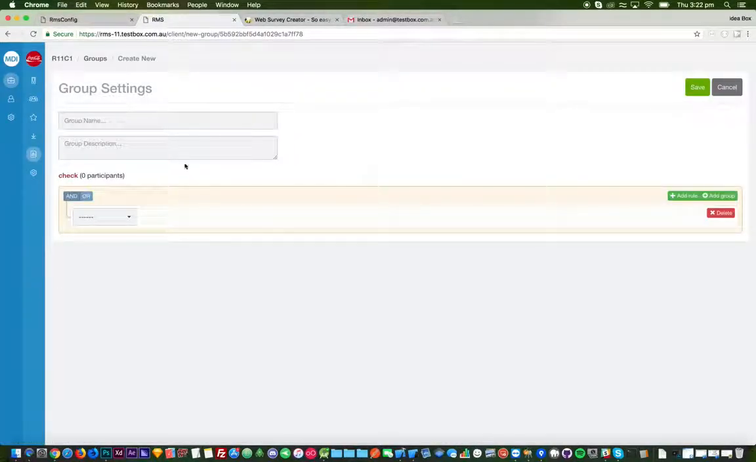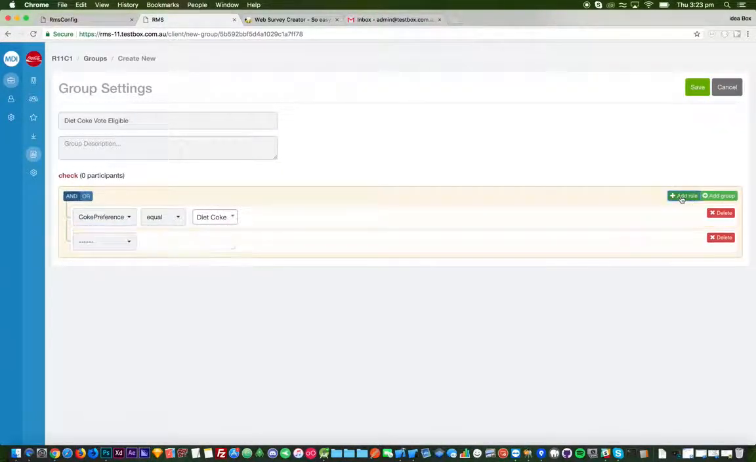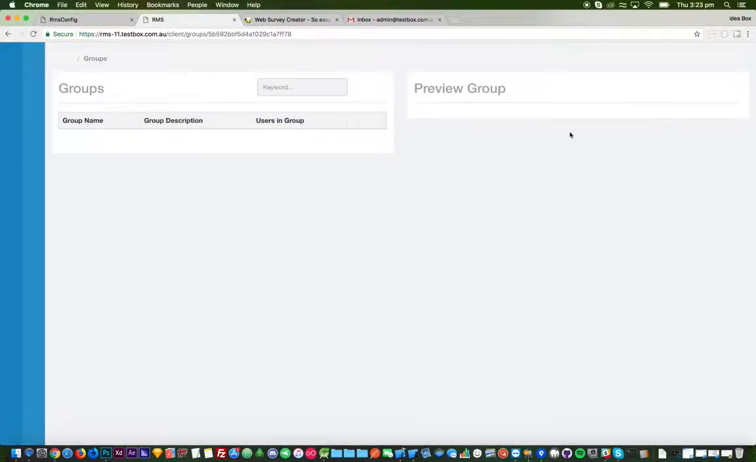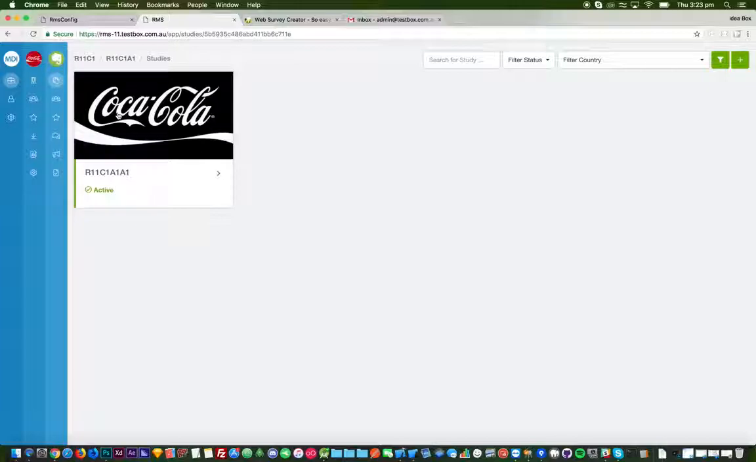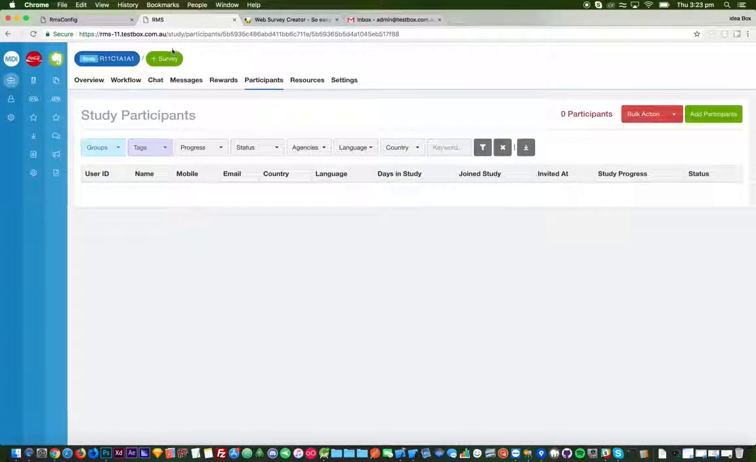I need another one for Diet Coke vote eligible users, and again I'm going to select Coke preference as the condition, and Coke amount again 5 or more, and that's all I'm looking for. So any user who has these attributes, I want them to do the next survey. So I'm going to go back to my app and then into my study, and I